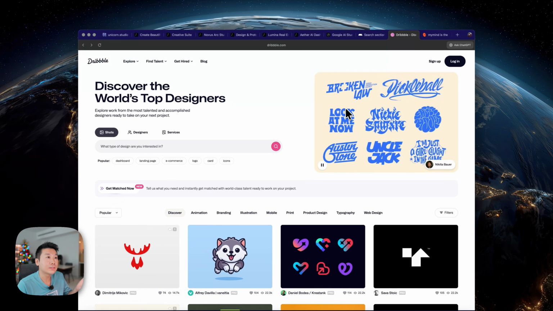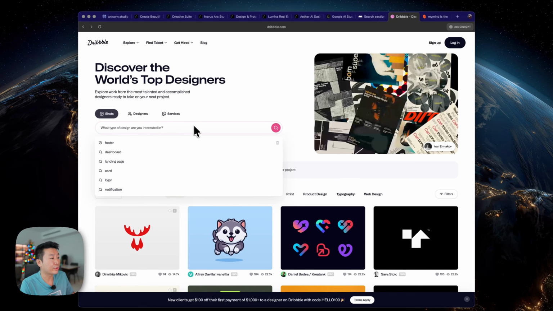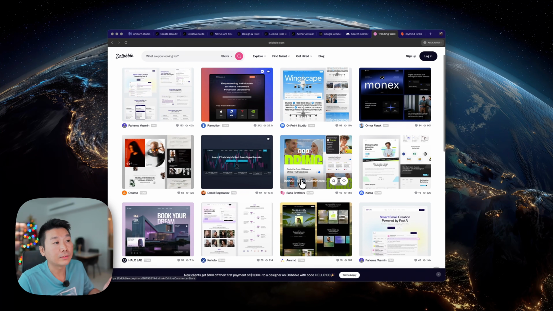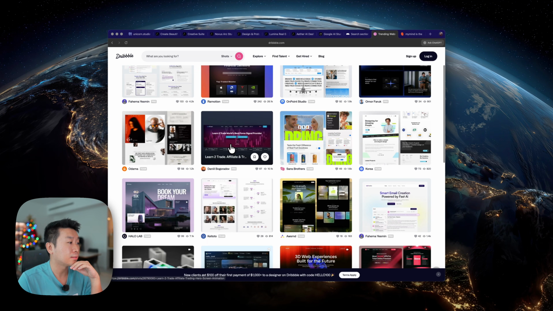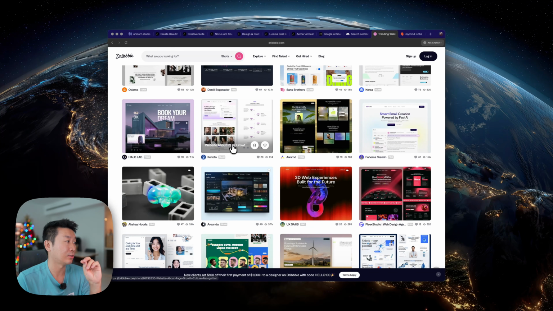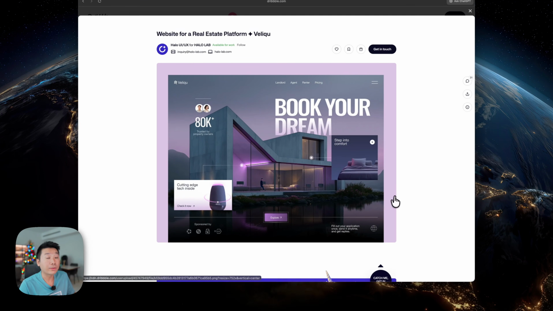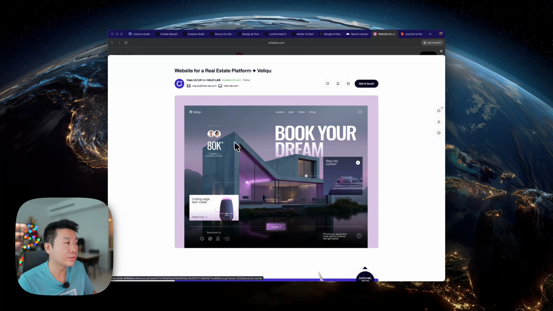So what we're going to do is, because Dribbble and Contra, we are just going to look for inspiration, such as you're going to go to Dribbble, you're going to go to web design, and you're going to find the design that speaks to you. Again, use this mostly as a wireframe and focus on the hero section. So for example, we can try something like this one, which is very difficult in terms of layout. Typically, GPT 5.1 would have a lot of trouble with this, even though it's the second best model. It will have a lot of trouble with this type of layout, the floating elements, the grid, and all that